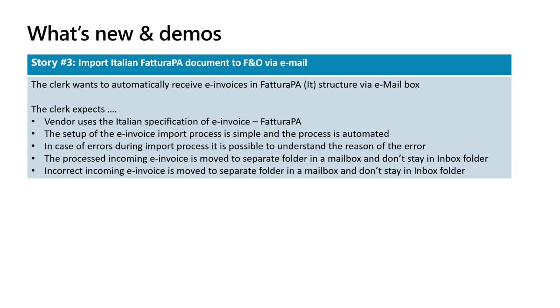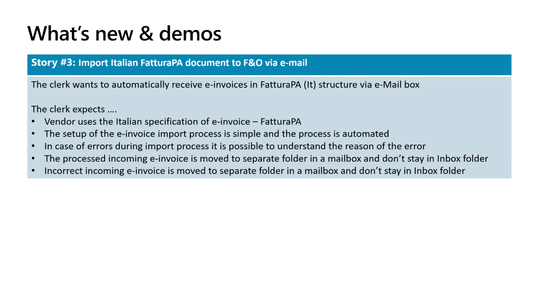The process will look like this: an email with this XML attached comes to your mailbox, and the electronic invoicing service can read mails from this box and then pass this file for further processing and mapping to the FNO data structure directly in FNO. And also based on that, create a pending vendor invoice. I will show all the steps